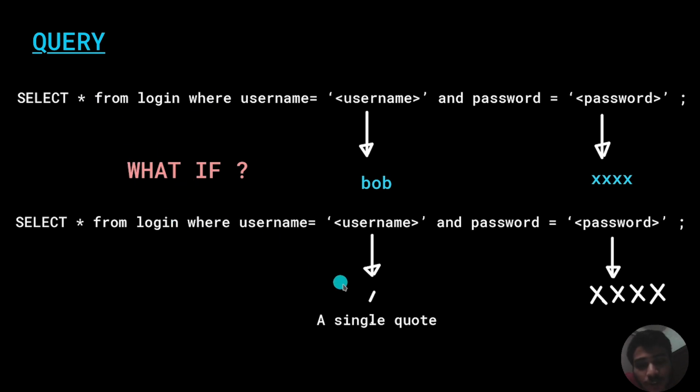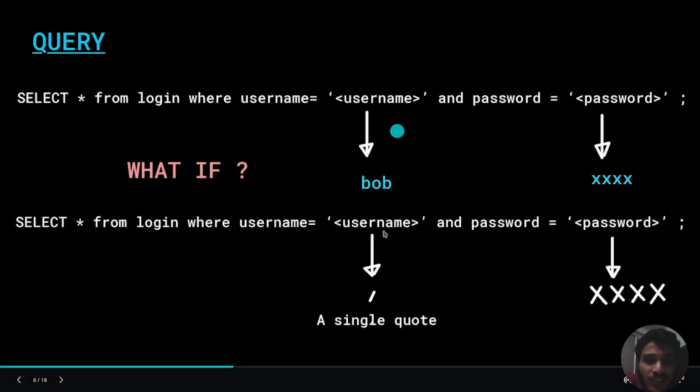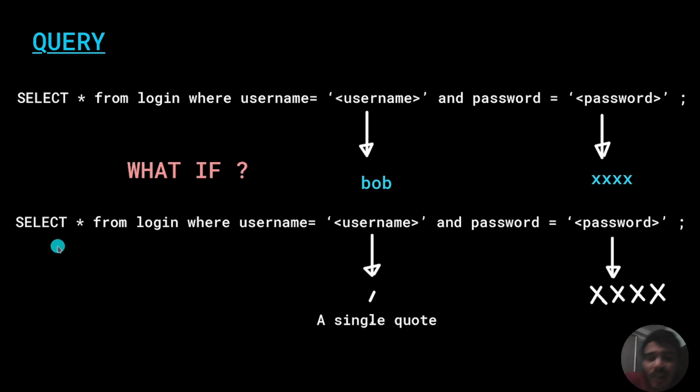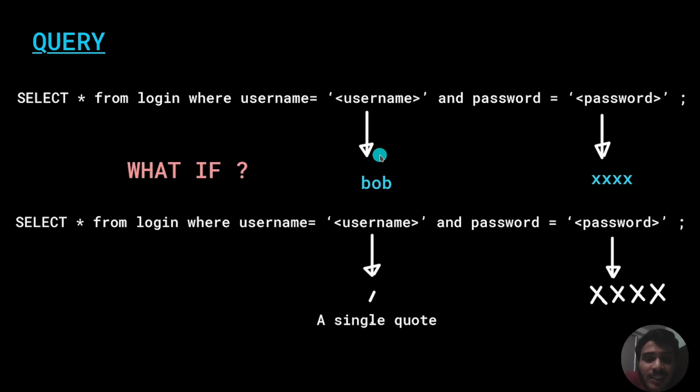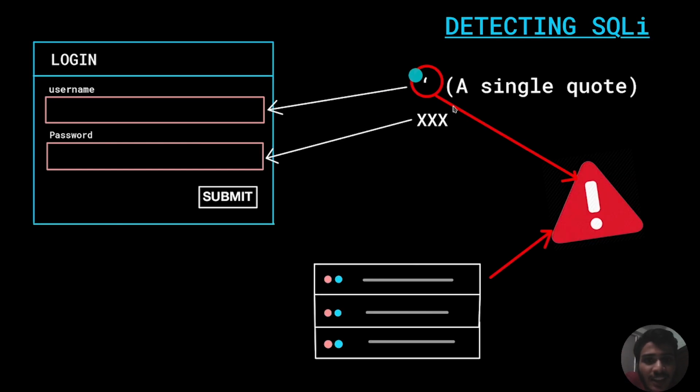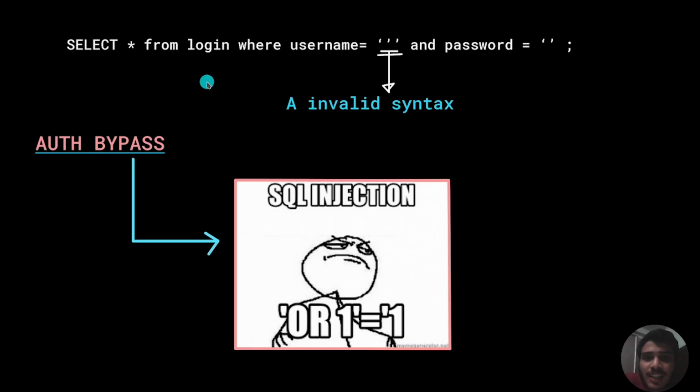Now what if you use a single quote in place of the username? When you use a single quote in place of the username, it generally results in an error, and this is known as exception handling validation. What happens is that when you enter a single quote in the username, it results in three consecutive quotes, which results in an SQL syntax error. Now this is a very common trick to know whether the website is using an SQL database or not. So let us understand it in more detail.